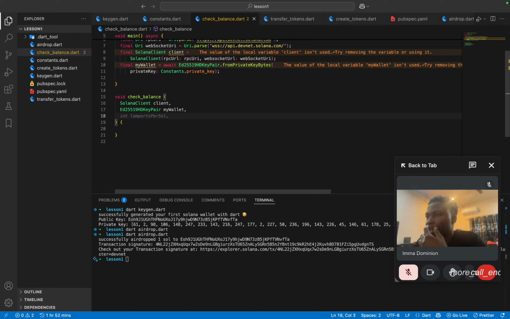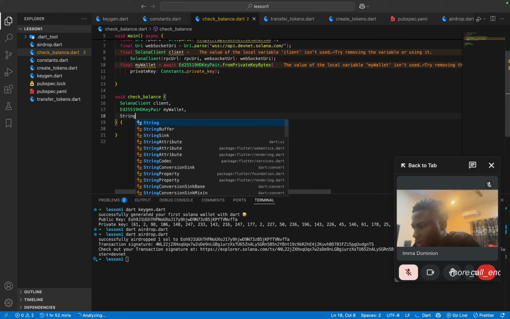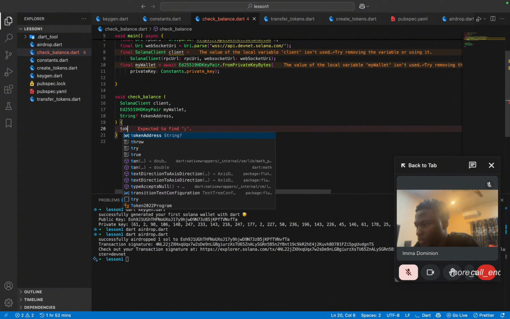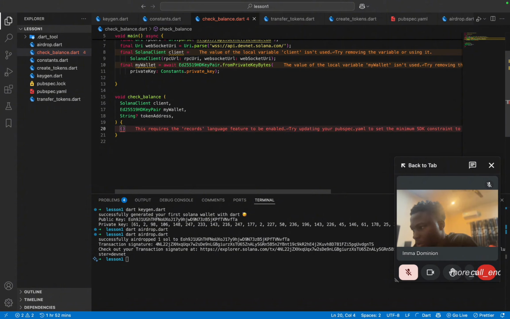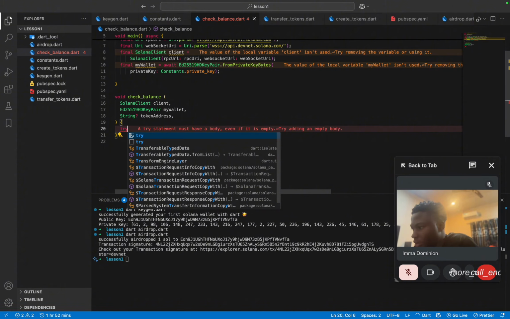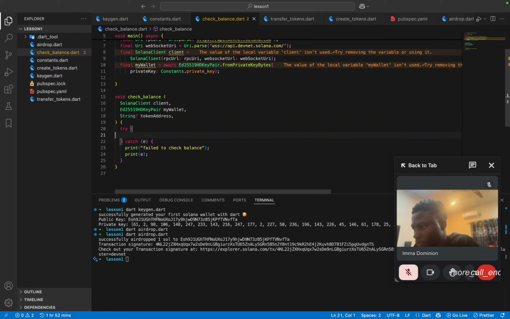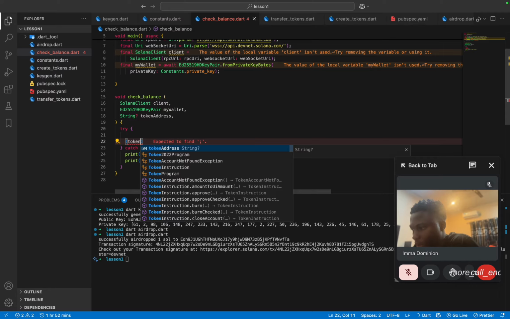If you want to use SPL tokens, it takes in a string or a public key, I think, but an address basically, and there's an optional string here, the token address. So if there's no token address, let's do it in a try block. So if token address